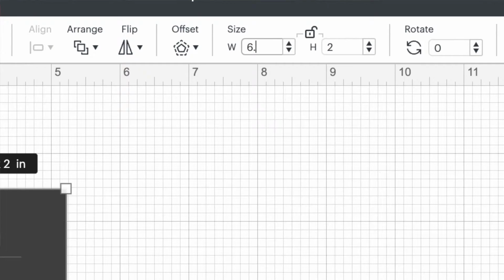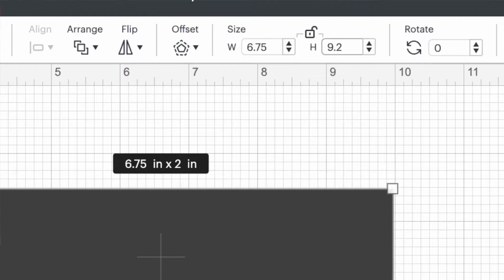Cricut has just updated their print then cut feature on Design Space, so let's go ahead and explore those updates. The first most exciting update is that they have changed their maximum cut size. The old maximum cut size on letter size paper was 6.75 inches by 9.25 inches, and it now has been